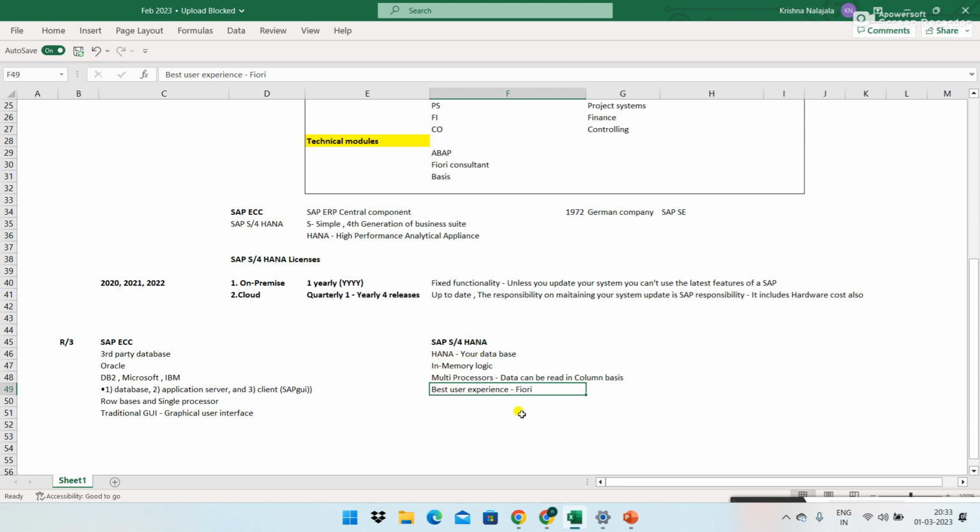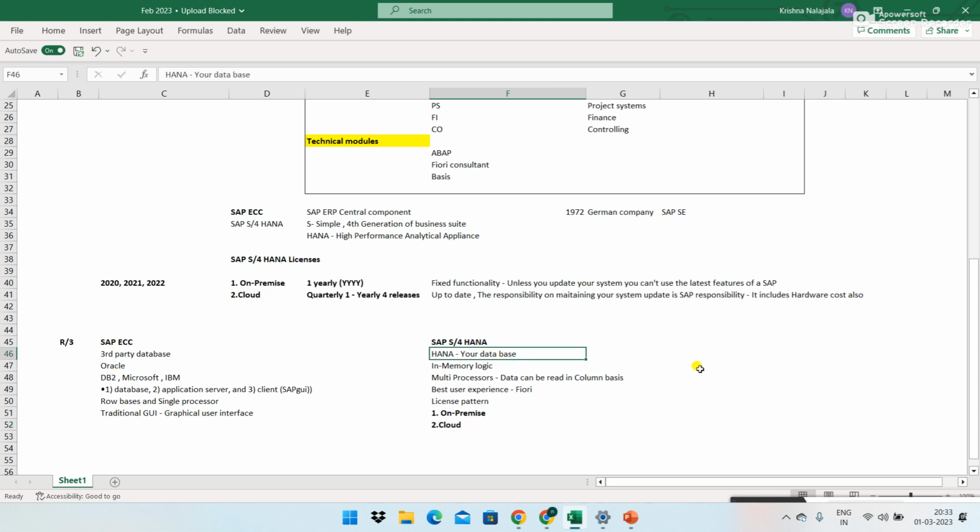Database, in-memory, and license pattern we have discussed already, right? License pattern we have on-premise and cloud. So this is it. Here we don't have that kind of stuff. So let's talk about HANA.